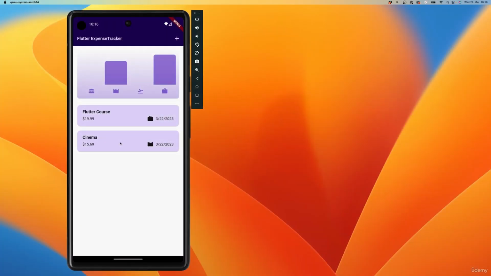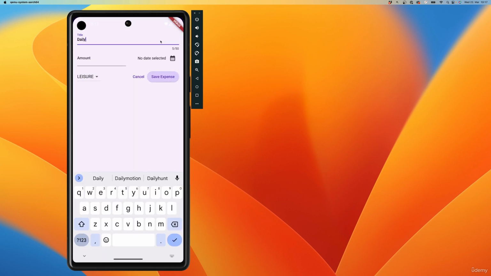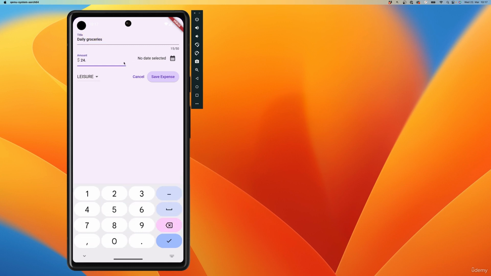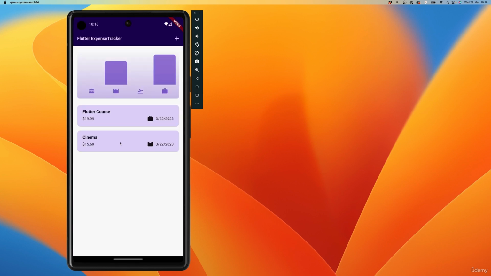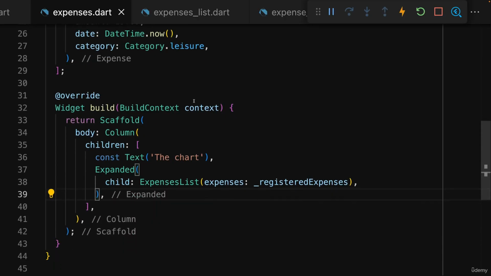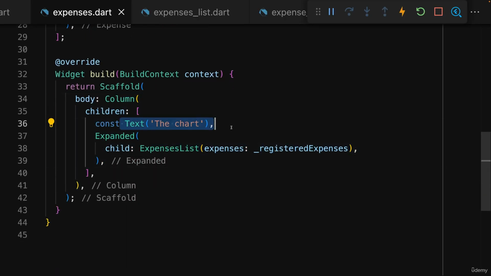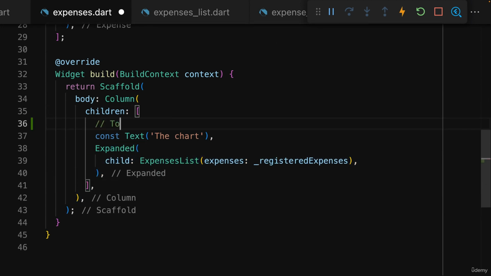And if you recall the final version of the app, you might also remember that there we had this toolbar at the top, this app bar, this plus button at the top here, which we could tap to bring up that modal overlay that allows us to enter new expenses, to insert new expense data. So of course we have to work on that modal overlay, but first of all we have to add this toolbar at the top. Now for that, in the expenses start file, in this column where we want to have the chart and then also this list of expenses,